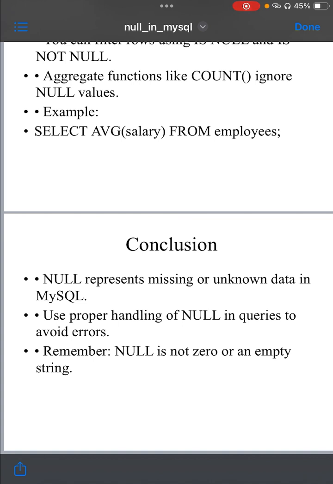In summary, NULL represents a missing or unknown value in MySQL. Special handling is required for NULL in conditions and expressions using operators like IS NULL and IS NOT NULL. It is different from zero or an empty string and has specific rules for how it is treated in queries, functions, and